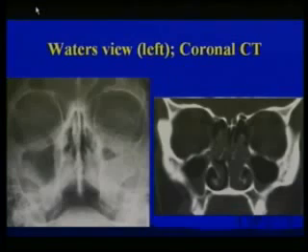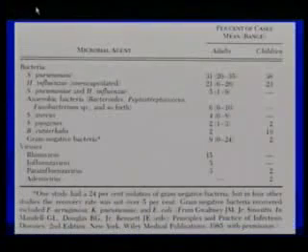And then one classic X-ray view is the Waters view of the sinuses. And this sinus has got what in it? These would be the maxillaries. Sure, it's got fluid in it, and it's got this air fluid level. And here's a coronal CT scan of sinuses showing some thickening here in the maxillaries, involvement of the ethmoids. So as you can see a lot by CT scan that a clinician really has no way to see at all.